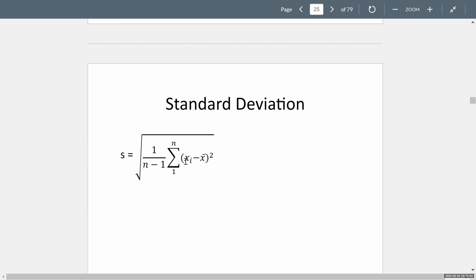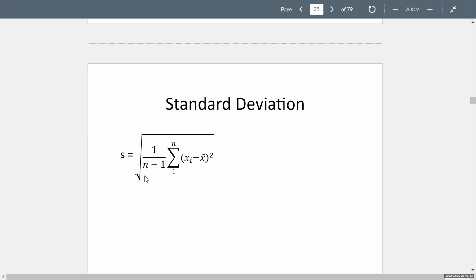And the thing we do is that we take these values, these deviations. So each observation minus the mean is called a deviation. We're going to take these deviations and we're going to square them. What does that do? Well, it turns the negative ones positive. So when we add them all up together, we get a positive number. So we're going to take each of our observations, subtract the mean, square it, and add them up. Just like we did for the mean itself, we have the summation from 1 to little n. And then instead of multiplying times 1 divided by n, we're going to multiply times 1 divided by n minus